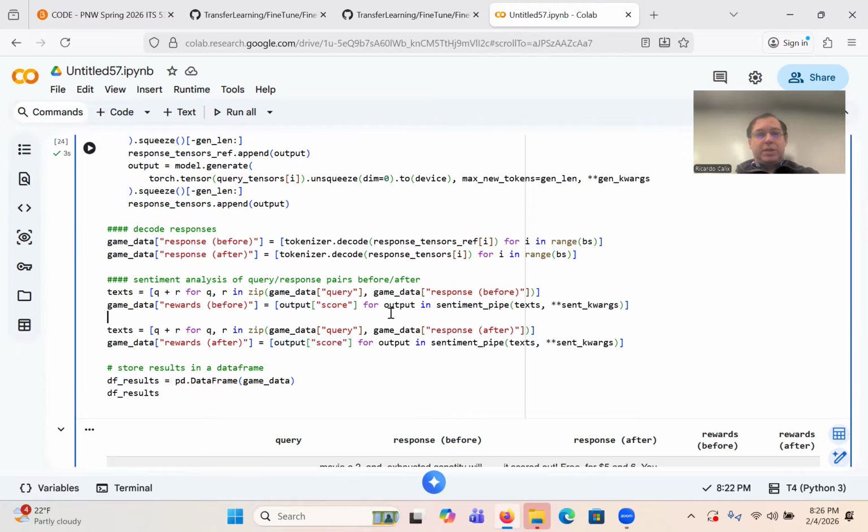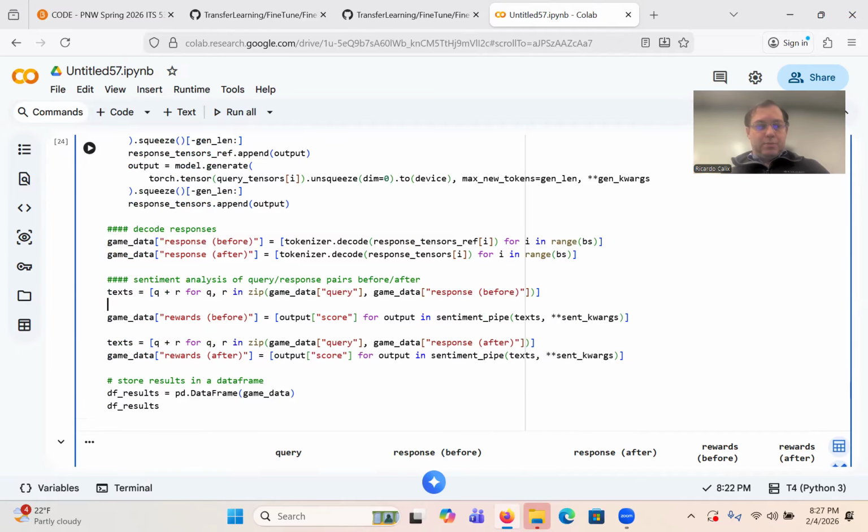Rewards before, rewards after. I guess output score. Okay, I think, let me try this.